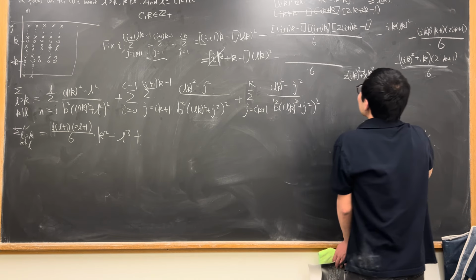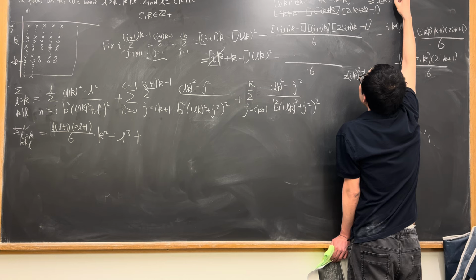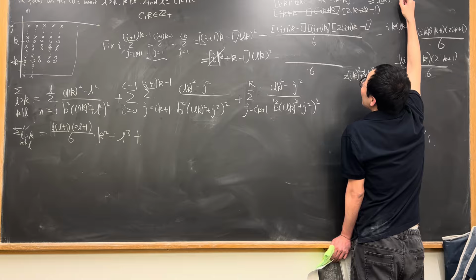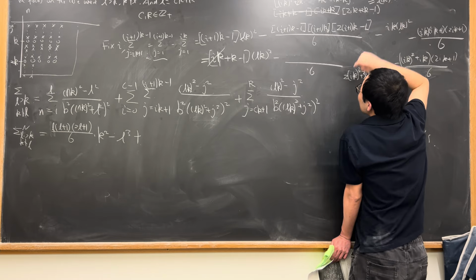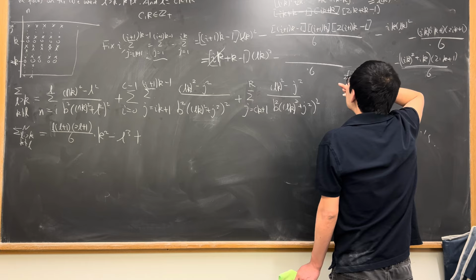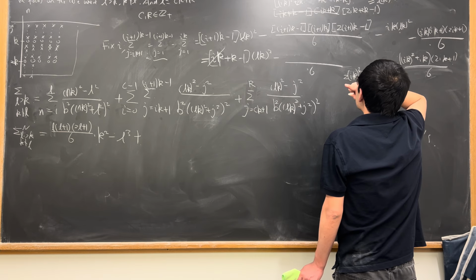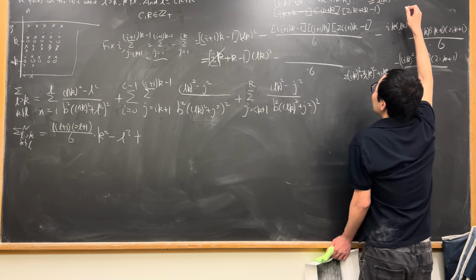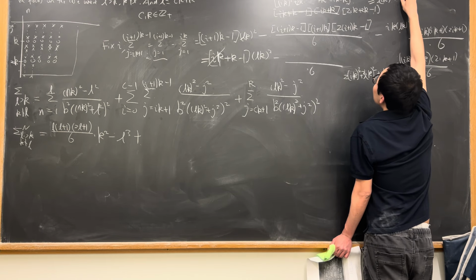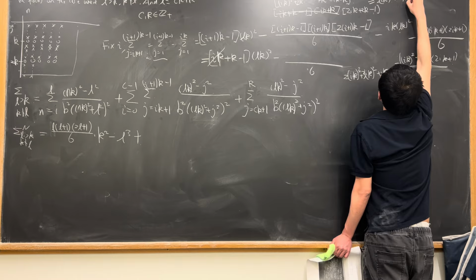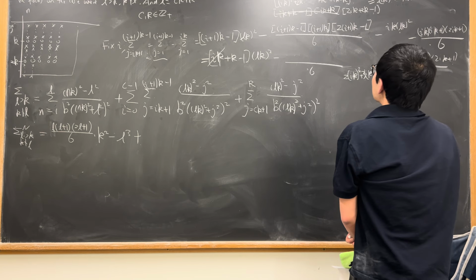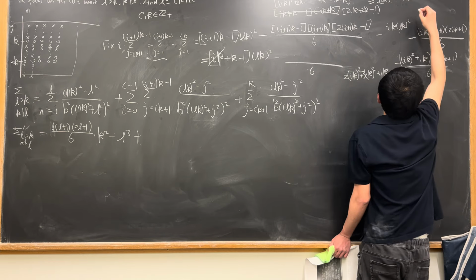So this is 2ik plus 4, wait, what is that? So plus 4i cubed, 4ik cubed, and then minus 2ik squared,